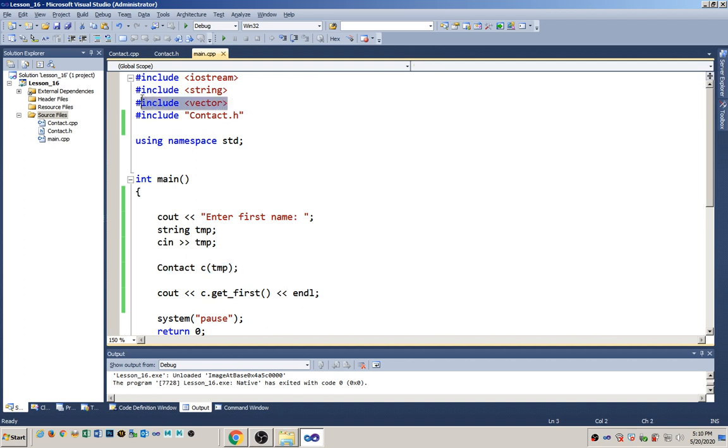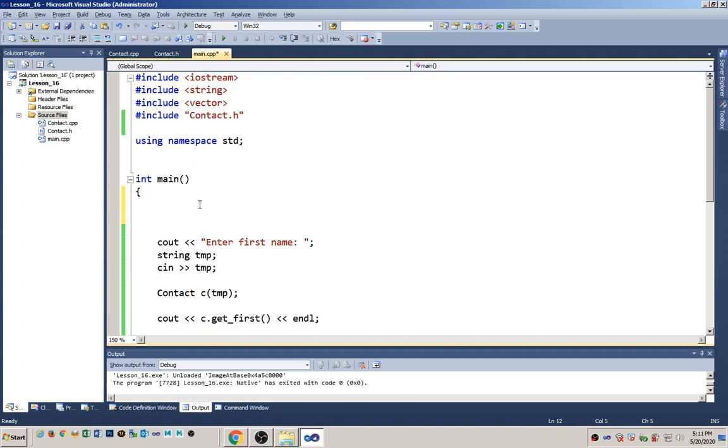So first off, you need to make sure you include vector. And then at some point outside of your do while loop, you're going to have your vector declared. So this is going to be a vector of pointers to contacts. All right. And then we'll just call it address. I'm spelling things wrong. Address. No, I'm spelling it right. Address. Oh, it's 2 D's. Sorry, you guys. Address book. Okay. And right now it's just going to be,